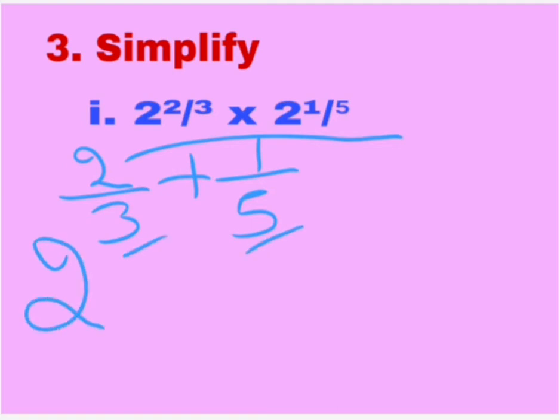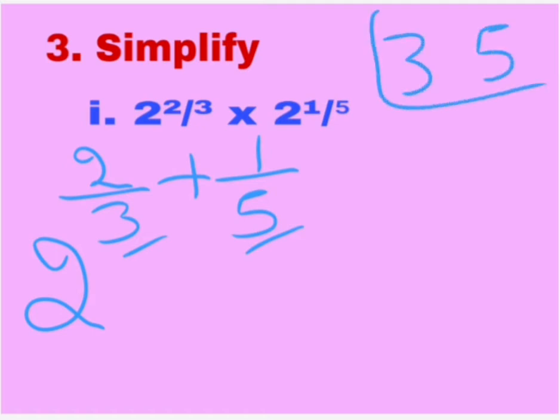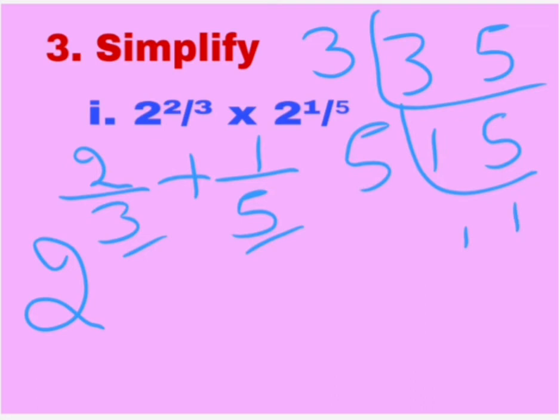In the power you are adding fractions which have different denominators, right? As we all know, if the denominator is different, it is not possible for us to do the addition, right? So what we are going to do is take the LCM of these two denominators. LCM of this 3, 5. LCM means dividing the denominators with the help of prime numbers. 5, 1, 1, 3 into 5 is equal to 15. 15 is our LCM, isn't it?